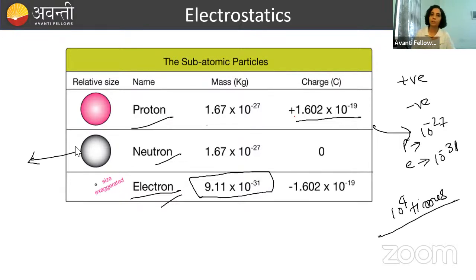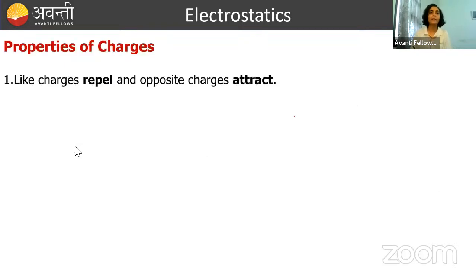than that of electron. So proton is very heavy if we compare its mass with the mass of electron. ठीक है, तो ये चीजें हैं, these are very basic things we need to keep in our head. Now properties of charges. तो आपने पढ़ा होगा in class 10th, like charges repel if there are two positive charges